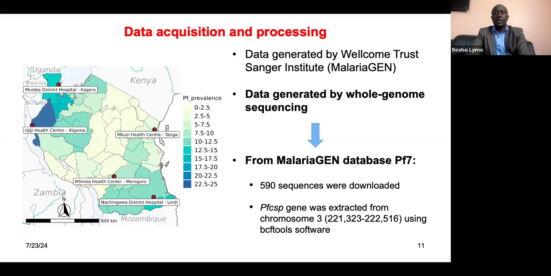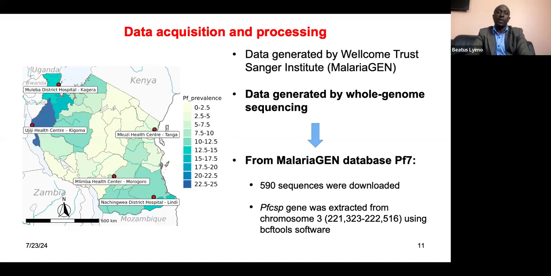We did all the cleaning to ensure that we have high quality sequences, and we chopped out the Pfcsp gene, which is located on chromosome 3, using the